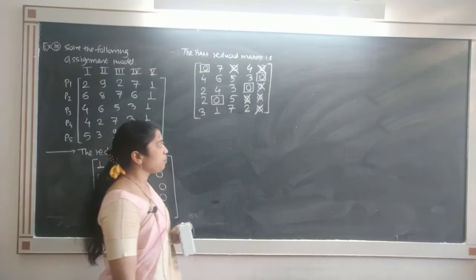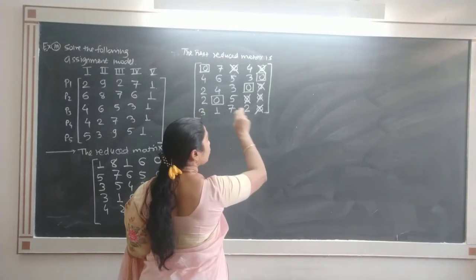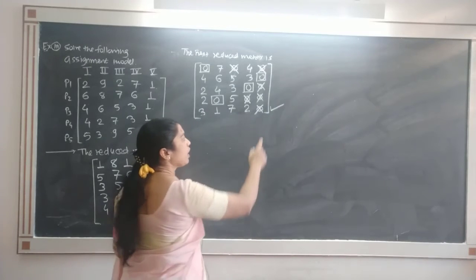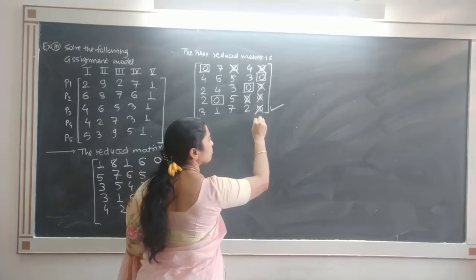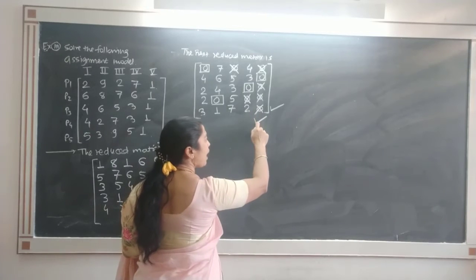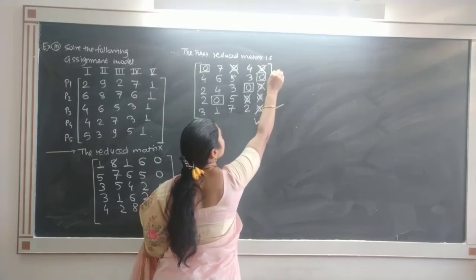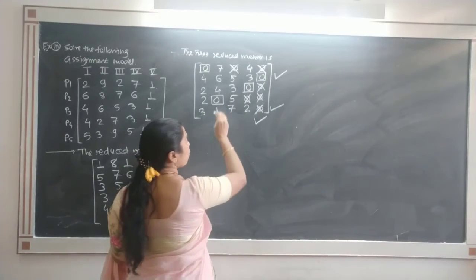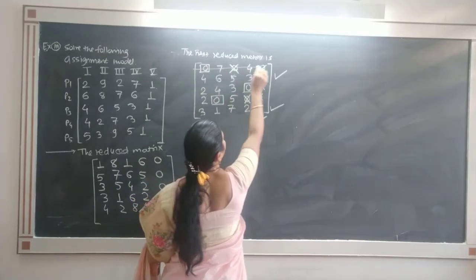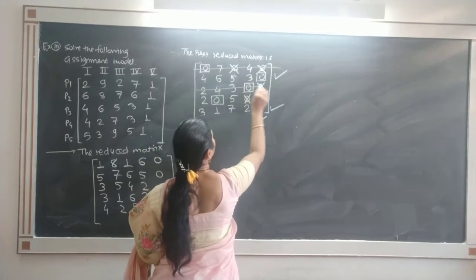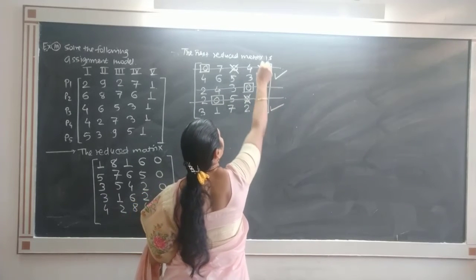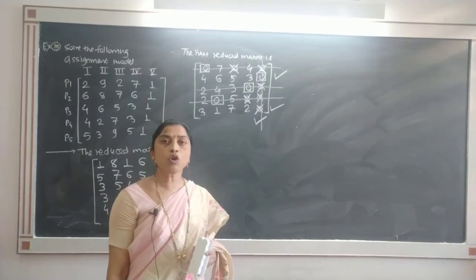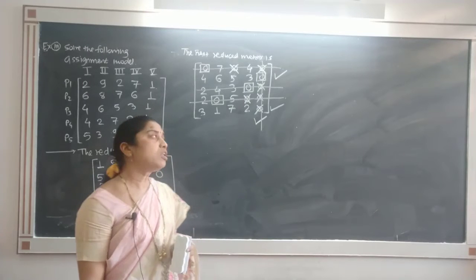So the next step is the row which does not contain assignment, mark that row. In that row where 0 appears, mark that column, and in that column mark where assigned 0 appears, mark this row. Unmarked rows and marked column. This will give us minimum number of lines that will cover all zeros.